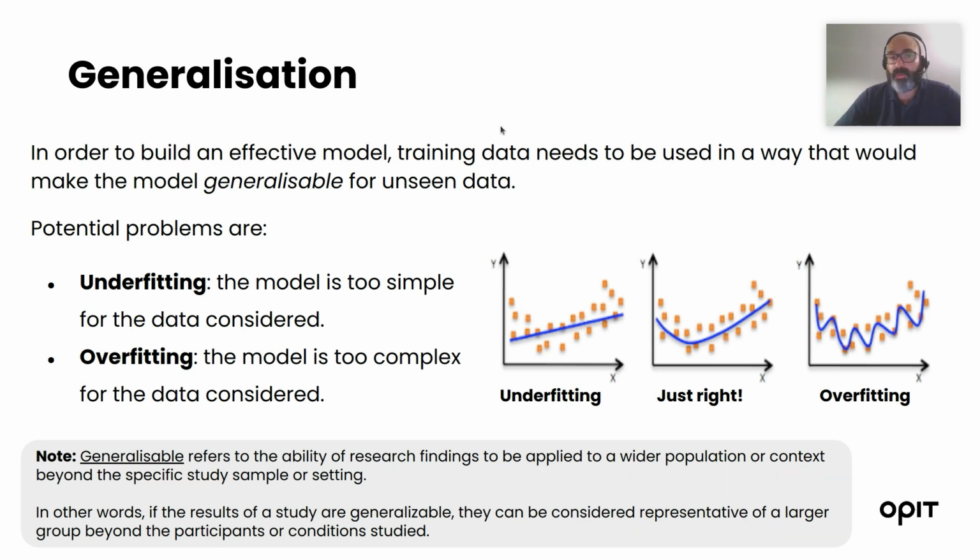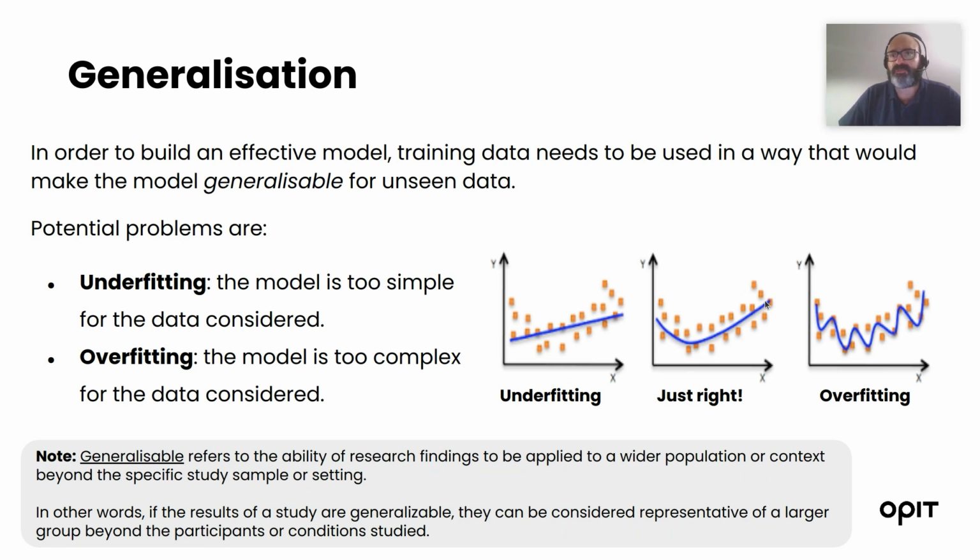On the other hand, the model may be too complex for the data provided. We see this on the right side of this picture, where the model is going up and down, trying to learn the data present in the dataset by memory. This situation will produce outputs that are worse than those of a generalizable model, just because the model is not able to have a general concept of the distribution of the data. In fact, the just right function to represent this data may be the one here in the center, which brings together the main characteristics of this dataset.